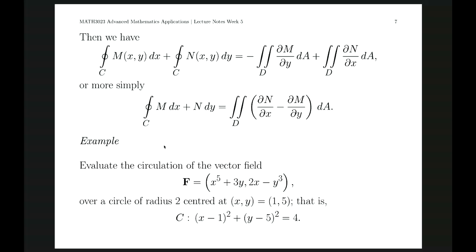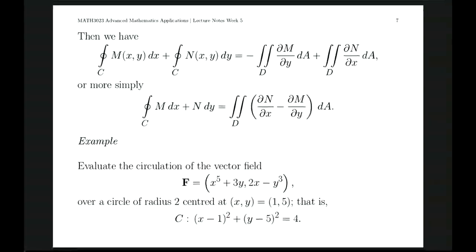Let's say we haven't done Green's theorem yet. I asked you to calculate the circulation of this vector field over this curve with this equation. It's a circle of radius 2 centred at, say, x equals 1 and y equals 5. Now, if I wanted to do this the old way, and I'm going to cheat, but if I wanted to do this the old way,